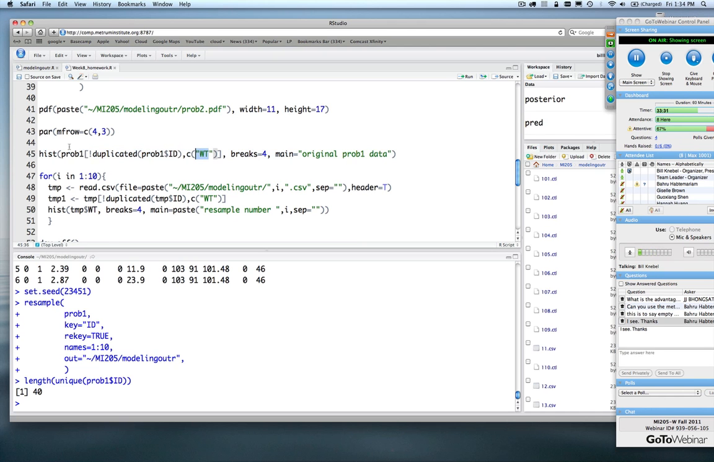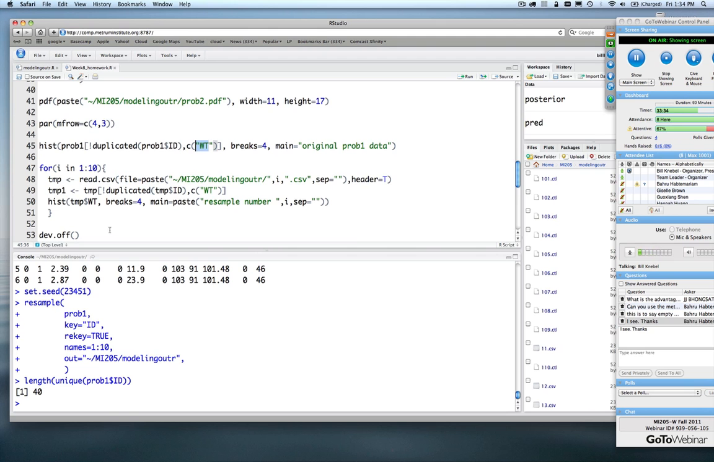And then I wrote a loop. You can do this in lots of different ways, and we'll talk about another way to do it in the next homework section. But I'm going to write it by a loop. I'm going to loop over the numbers 1 to 10, and read in 1 through 10.csv one at a time. Do the bang duplicated, so I only have one ID and one associated weight, and then I'm going to generate the histogram. And I'm also going to label it in such a way so that I know which resample it came from. I'm going to do that 10 times, and I'm going to close the device. So if I run that,